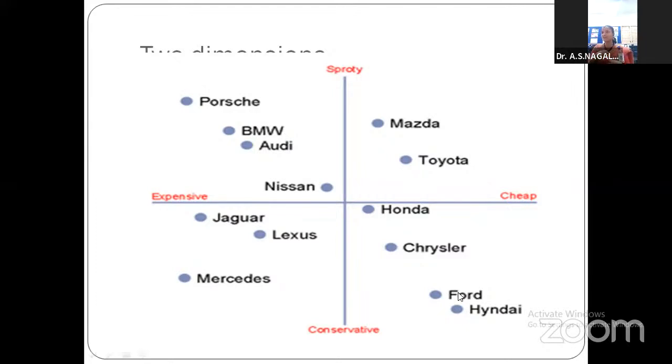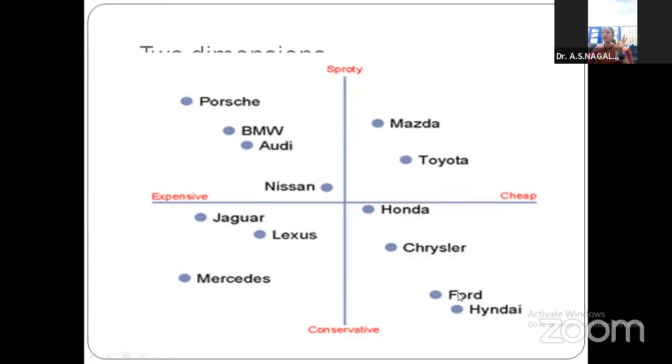In the same way, I have created it for my research. I said there are people who favor CSR and people who do not. I have taken another variable called ethical ideology, and in that I have also made a dimension: people are idealistic or realistic. Idealistic means people follow the universal norm, and realistic means they take decisions based on personal values. With that, I made a two-dimensional, multidimensional map by applying MDS,